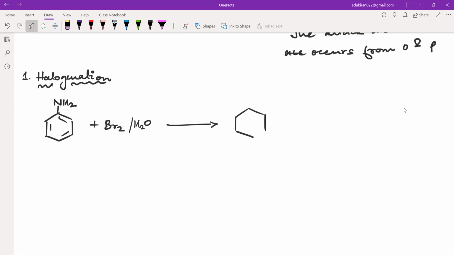Now nitrogen is a very strong ortho-para directing group. So you get NH2, and all the ortho and para positions get Br groups attached. So now what will be the name for this? We have 1, 2, 3. So this is first carbon, second carbon, third carbon, fourth carbon, fifth and sixth. Yeah, 2, 4, 6. Tribromo